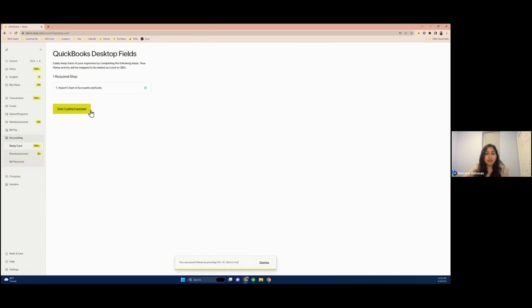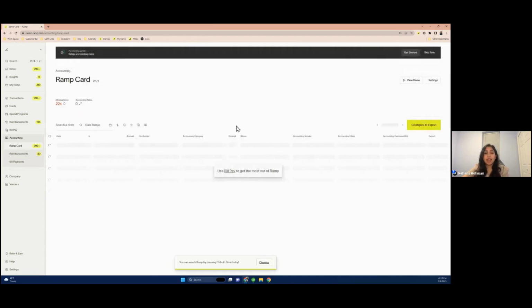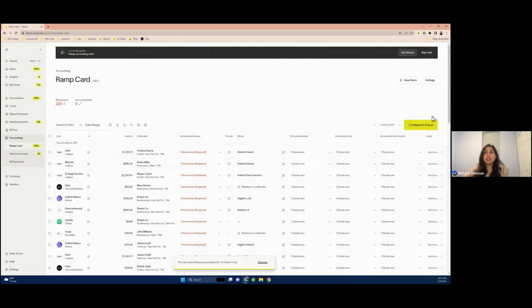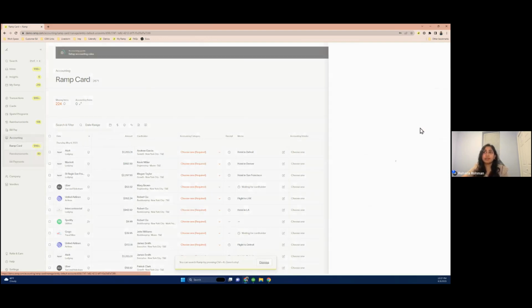So in order to now go ahead and successfully complete your accounting setup, we'll want to walk through coding your expenses. So we'll click right into that, and you will now notice a button in yellow towards the right that says Configure to Export. This button helps you connect all of your default accounts, and in order to successfully set up accounting, we'll need to complete this portion. So we could go ahead and click right into it,